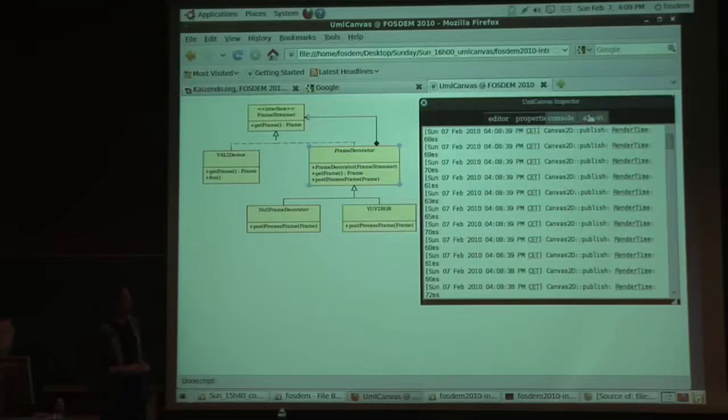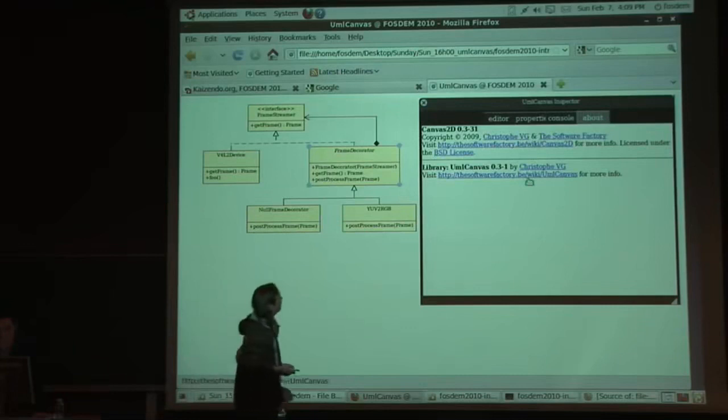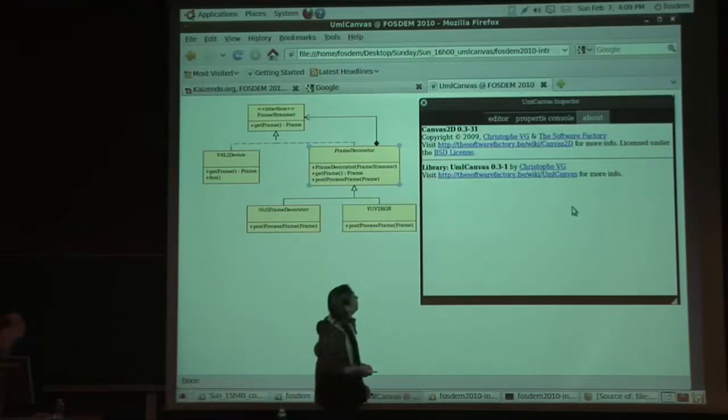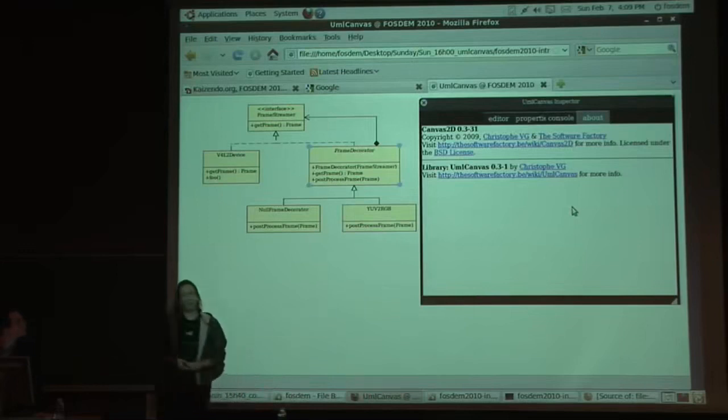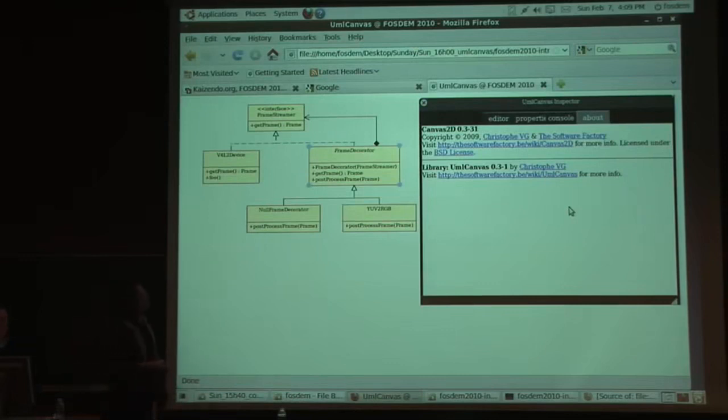Okay, moving on to the last tab of the inspector, the About tab. And here's some more information about how we deal with things. UmlCanvas itself is not the entire project. We're also dealing with an implementation on top of a layer we created before. It was a Canvas 2D implementation, which is a wrapper of the Canvas element, providing us a shape-oriented way and adding event-drivenness to the basic bitmap drawing device we have. As you can see, it's licensed under a BSD license,